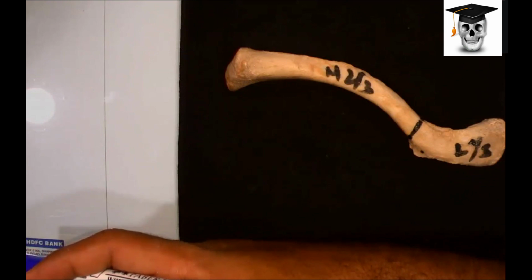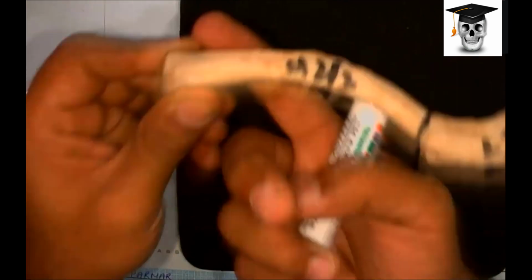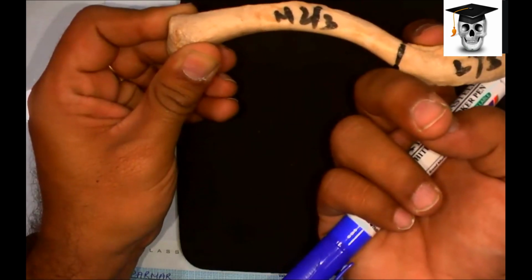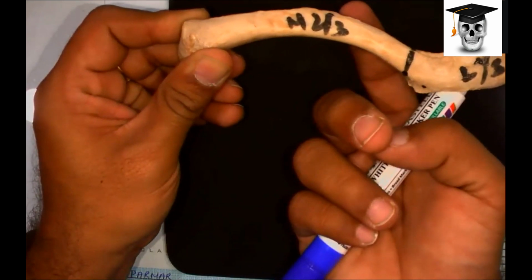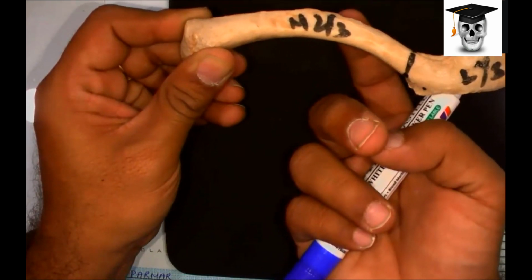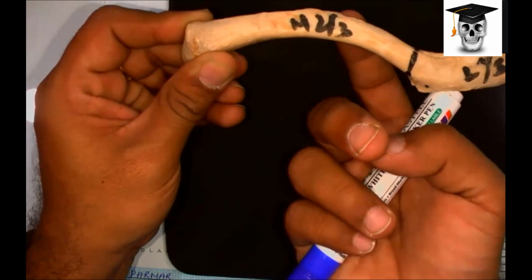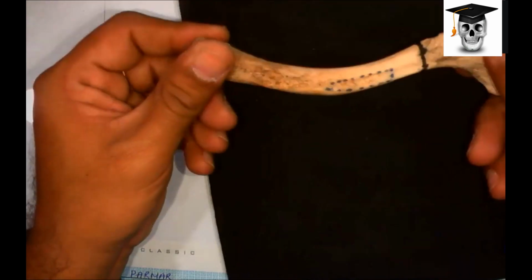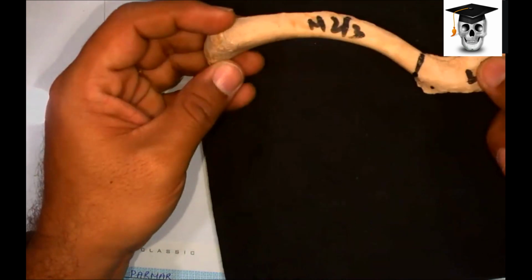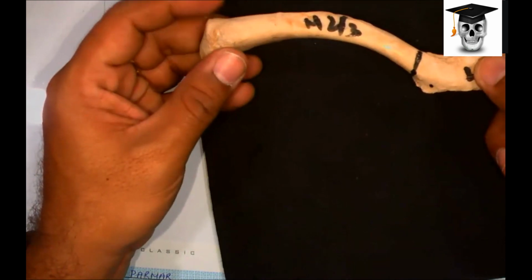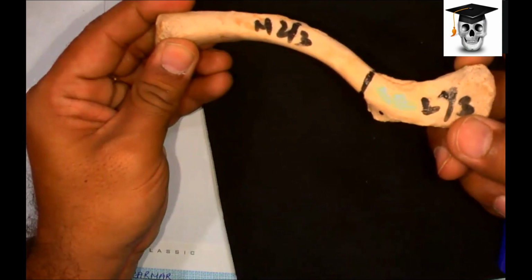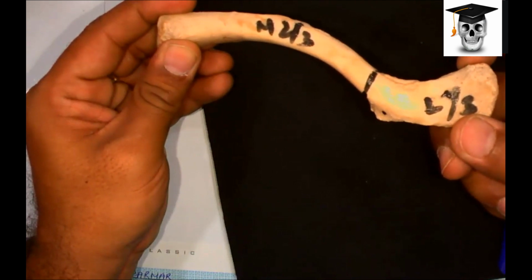Okay, got it. And now you have to get the medial two-thirds, which is convex, this part. So that is concave, I think, when you're holding it that way. Now you have to move it in the forward direction. You keep it in the forward way, okay? And show the lateral one-third as concave. Fantastic.